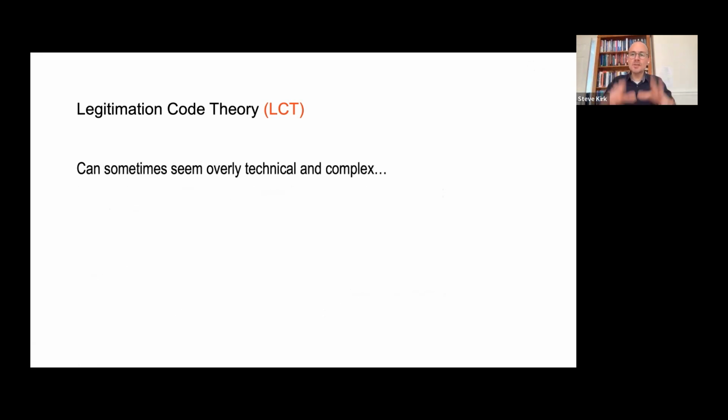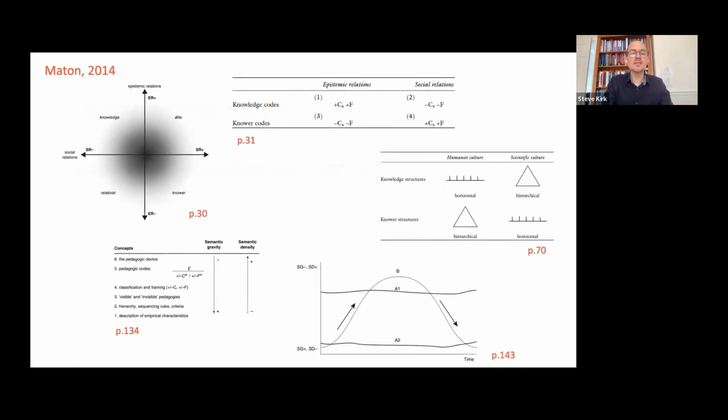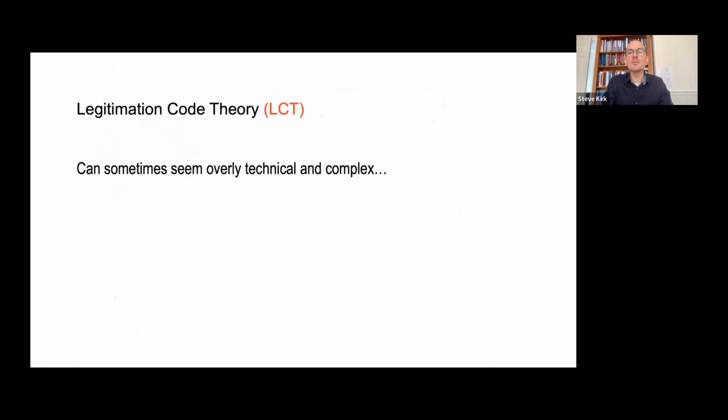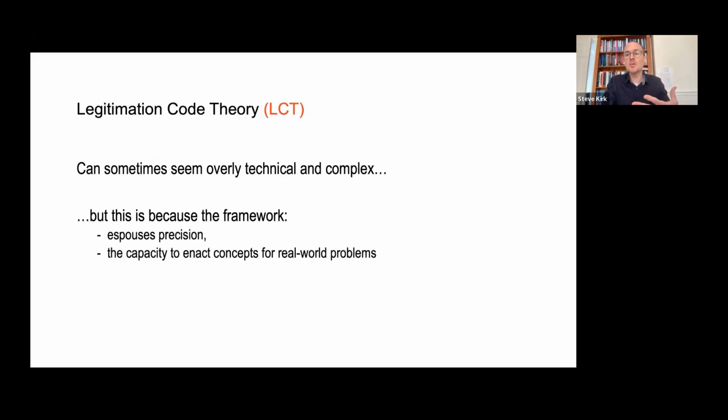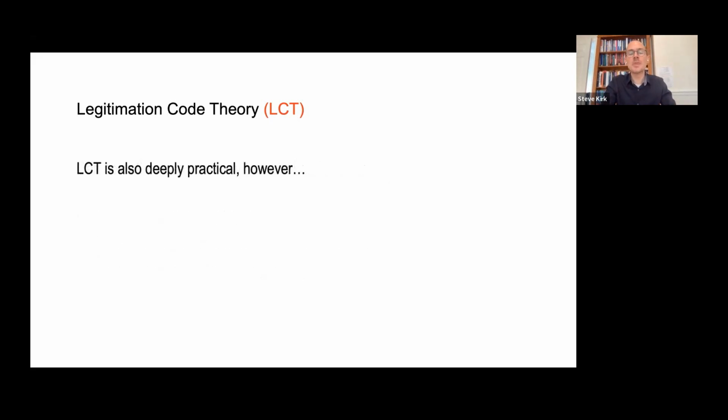Now, if you dive into certain articles and into certain books, it can seem overly technical and complex. There's lots of notation and diagrams that can perhaps be off-putting. But I think this is an important component of the theory. This technicality is precisely because the framework espouses precision, the capacity to enact concepts for real-world problems in precise ways. It espouses a cumulative view of theory building, showing how we can build on concepts to ever more sophisticated generalizations. But it's also a deeply practical framework, a deeply practical theory, and